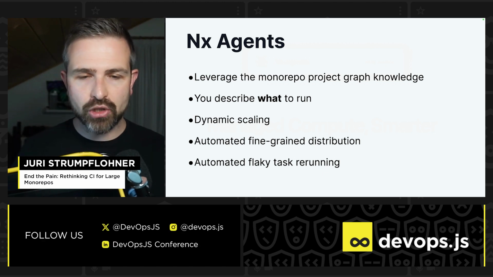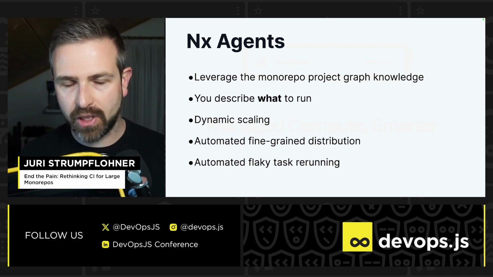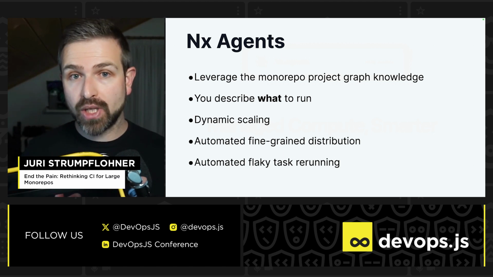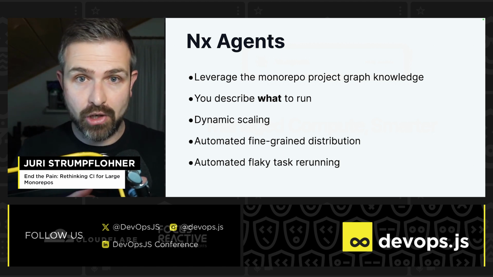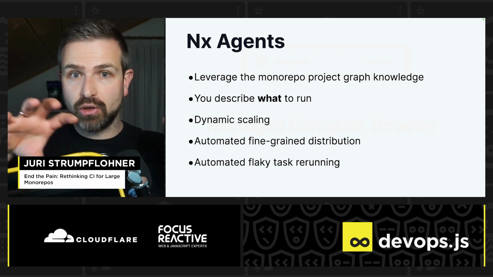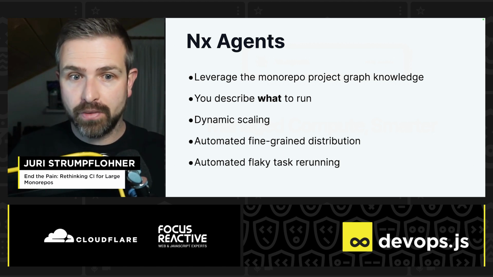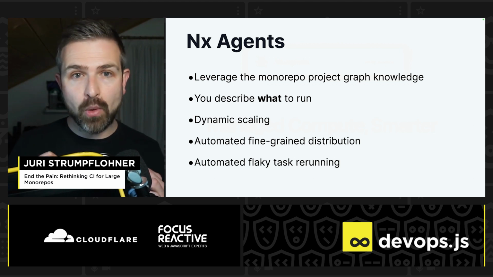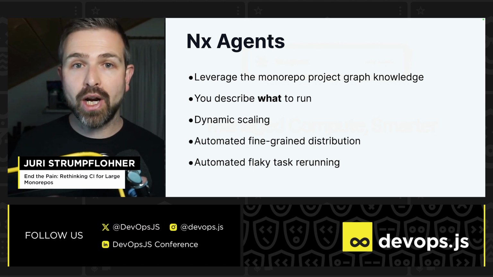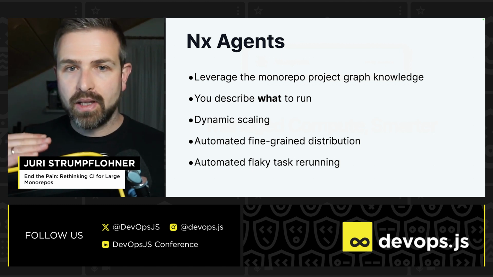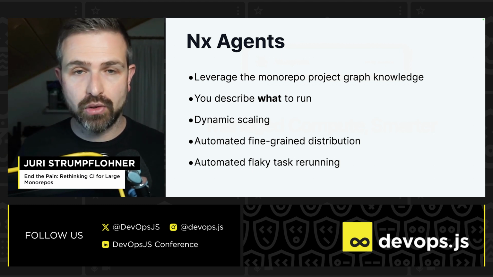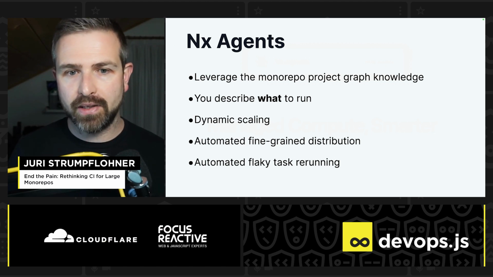And so the NX Agent tries to leverage the project graph, because it has access to the NX graph behind the scenes. And so it knows how the projects are structured and what dependencies there are, which is a major important point when you distribute, so as to distribute them in a way that is efficient. And you describe what you want to run. So you don't describe how you want to run them, but you rather just say, I want to run the affected test, build, linting and end-to-end tests in a certain way, but you don't define how they're being